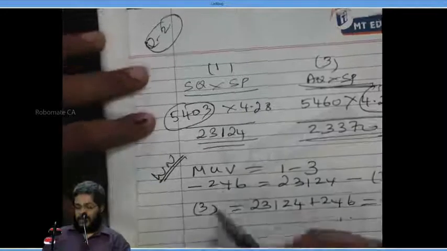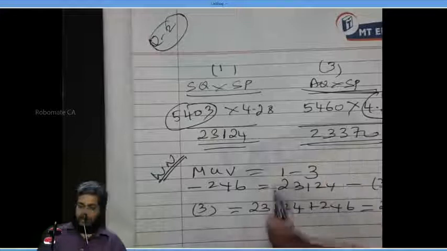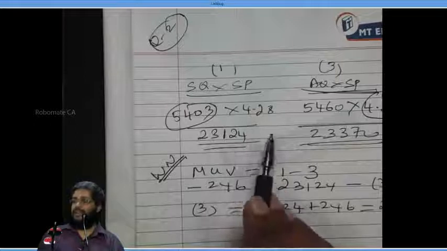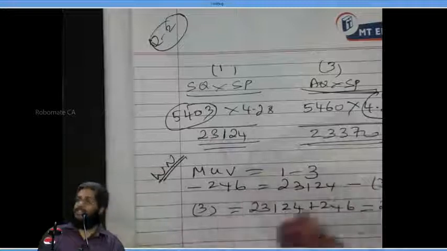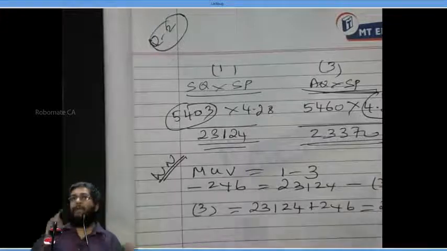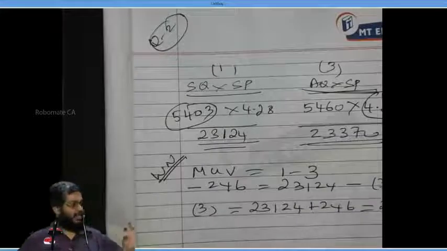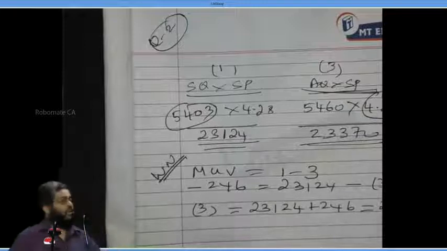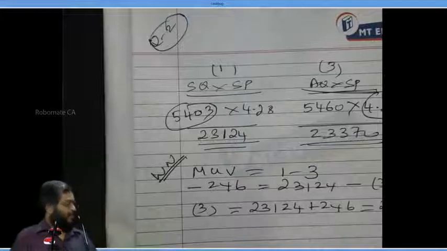MUV means material usage variance. In the exam, write everything in full. Also write standard quantity into standard price. Don't write SQ, SP and all. We write them in the classroom for convenience, or at least give an expansion of the abbreviations in the examination. To remember and do it quickly, we use these short abbreviations. It is better to use the expanded names in the exam. You are not going to do 10 sums, only one sum in the exam for this chapter, so we can afford to write the full names for all the items.